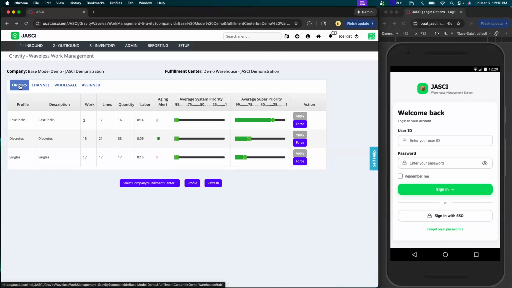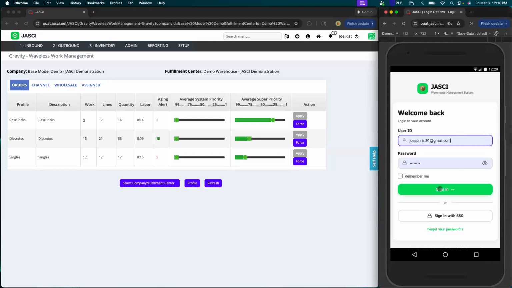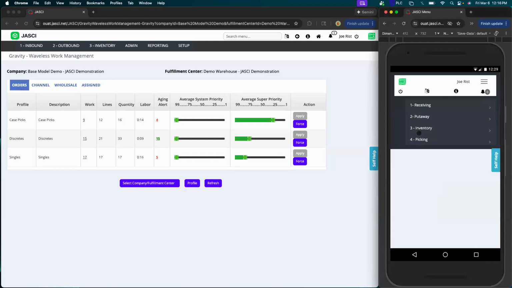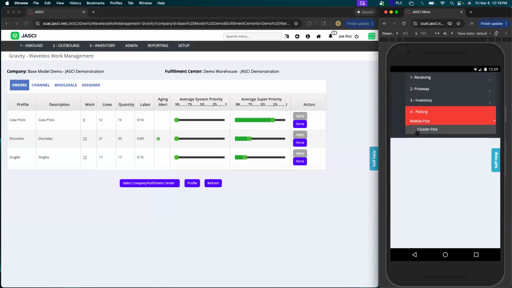So next, now that we've looked at what's going on out there and we've reprioritized what we need to, maybe we hop in and help get some of the picking done. So we'll shift gears here, shift roles from a supervisor using Gravity and looking at trouble, and we'll go ahead and sign into JASCI on the mobile device. So we'll go ahead and log into our picking since we're going to do a pick,